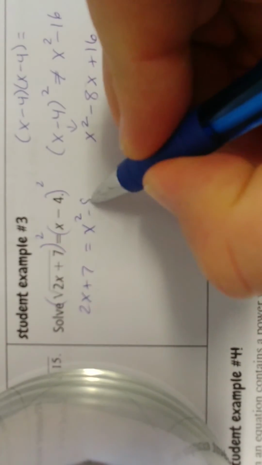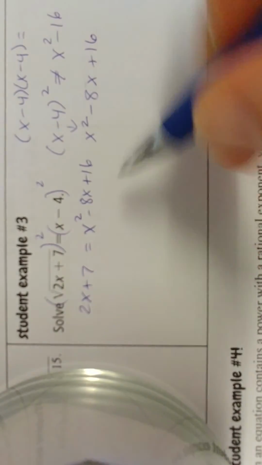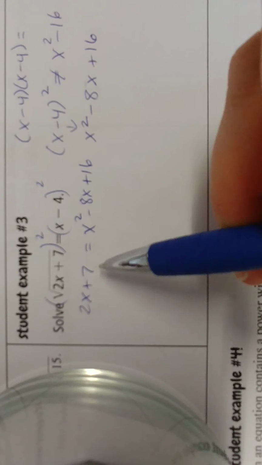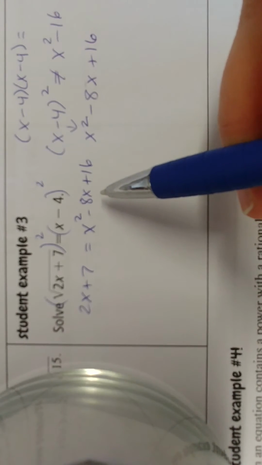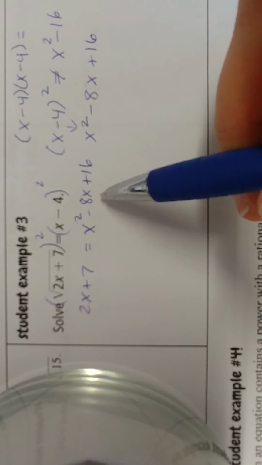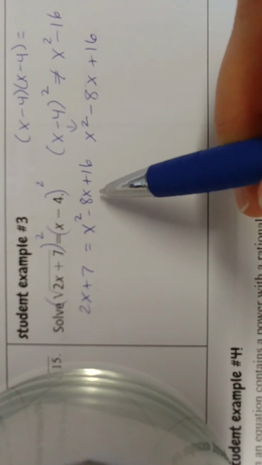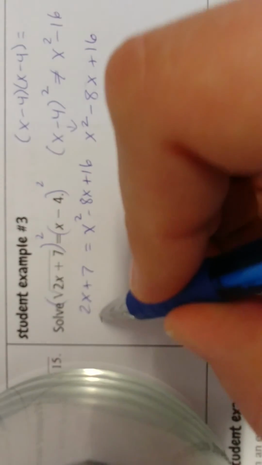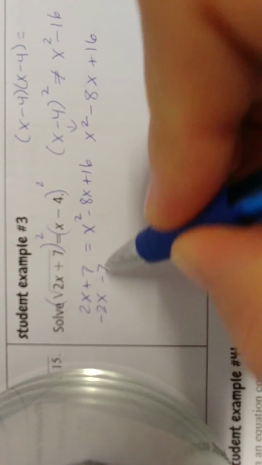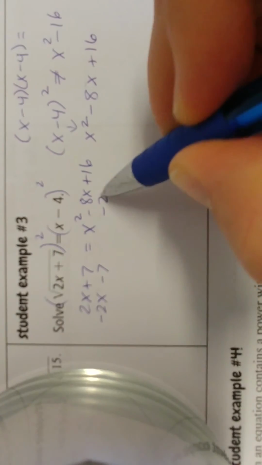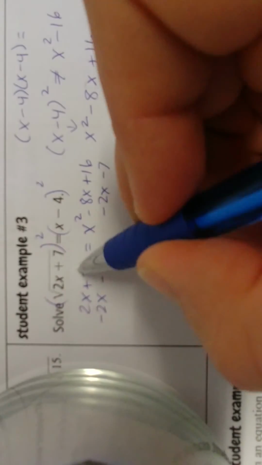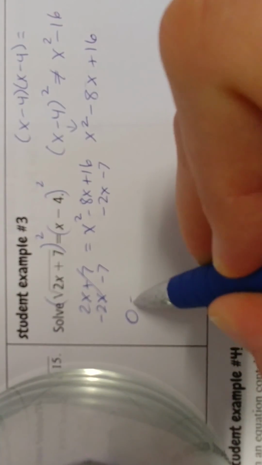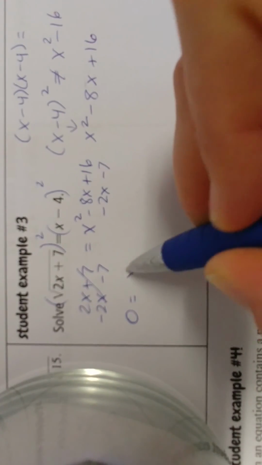Now, the second you see this kind of quadratic business happening, you need to think, well, I know how to solve a quadratic. However, we can only solve quadratics when they're set equal to 0, at least if we're going to be solving them using either factoring techniques or the quadratic formula. So most of my stuff's on the right, so I'm going to subtract everything on the left, okay? That gives me, yes, a 0 on the left, and I have